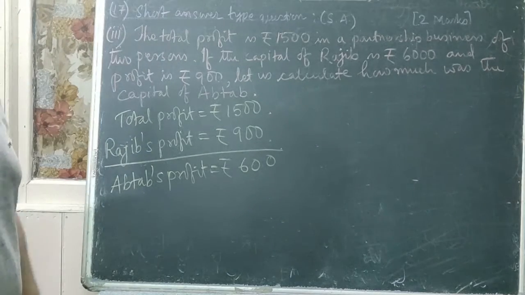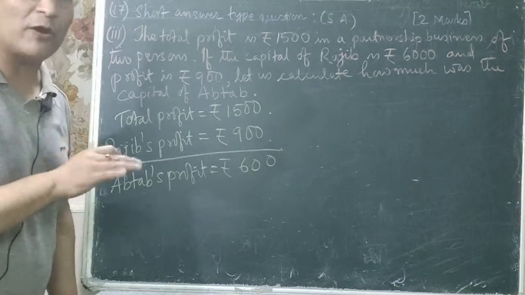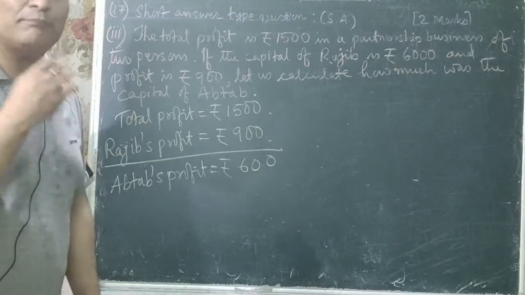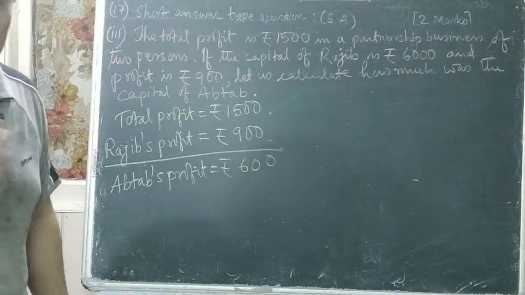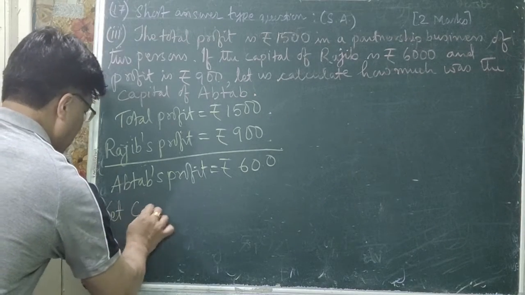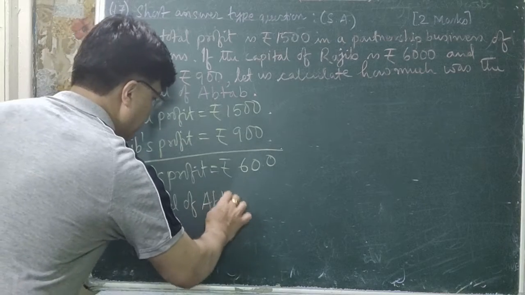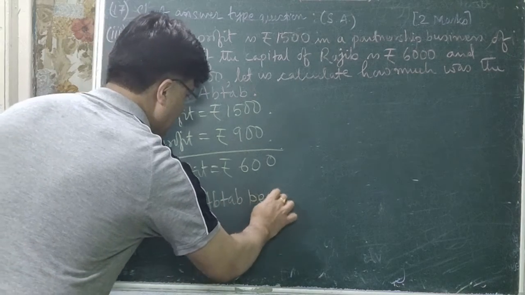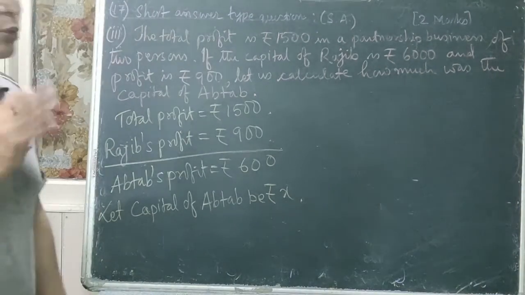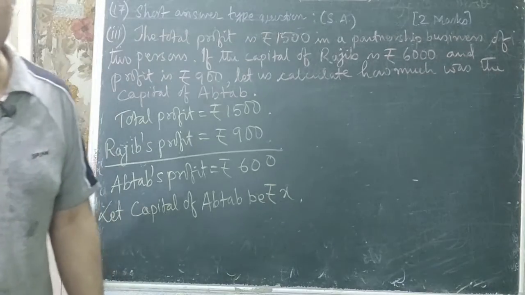Now we have to find out the capital of Aftab. What was the investment of Aftab before joining the business? Aftab ले business join गर्दा कति पैसा तिरेको थियो त्यो निकाल्नु पर्छ. बुझ्यो? Let the capital of Aftab be rupees X. Okay? You know that I already told you that ratio of capitals is equal to ratio of